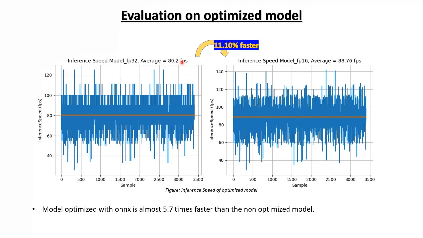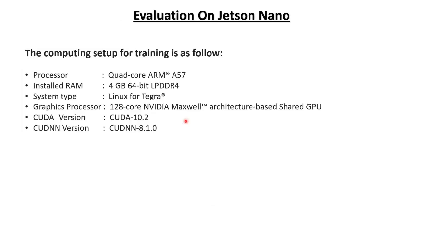I was very astonished and at the same time very happy to see the result, because I was very much afraid that I would not be able to get any result. But this was good for me and I was happy. After getting this good result, I took this model for Jetson Nano, which is basically a processor